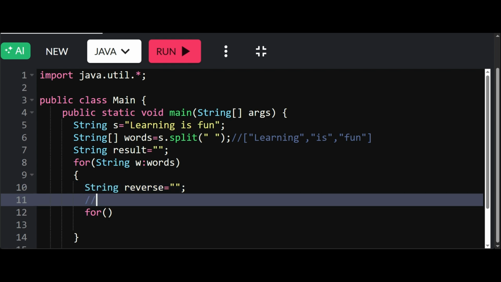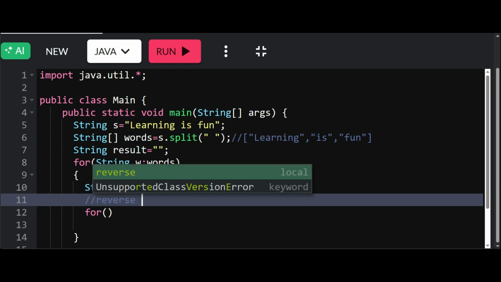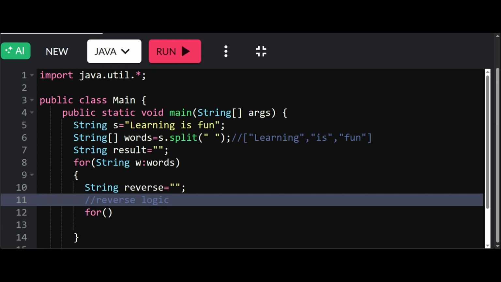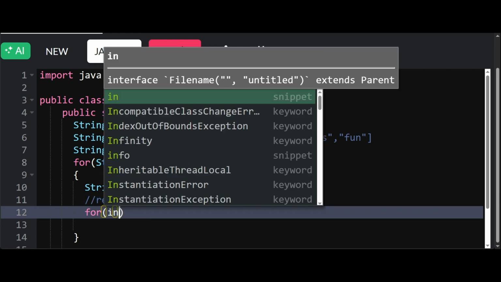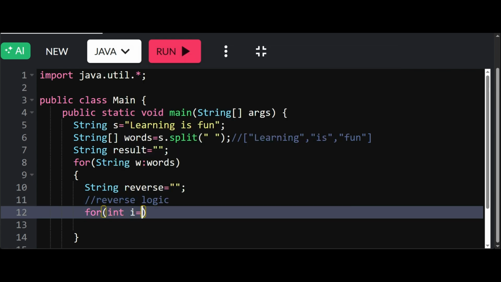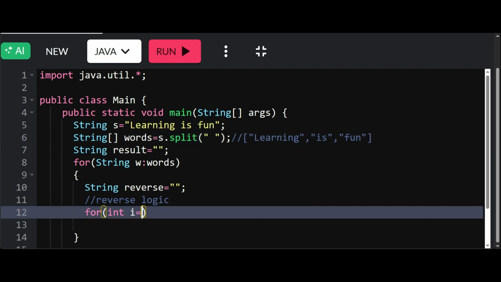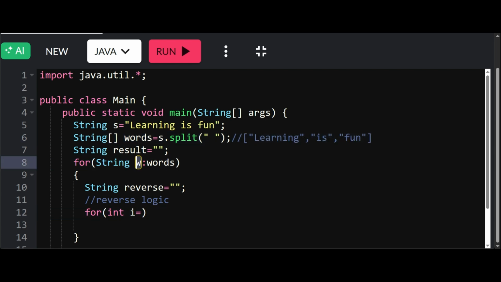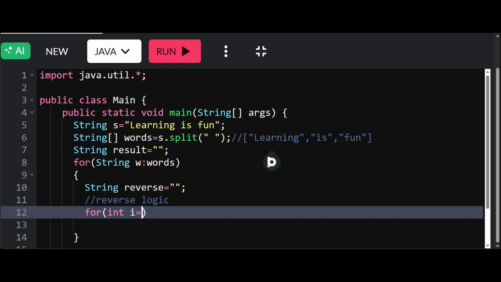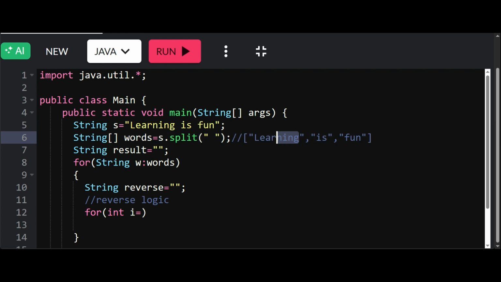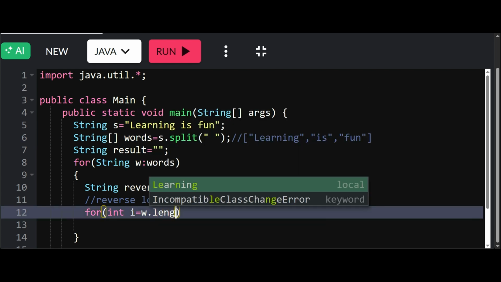Here we are writing the reverse logic. Inside this, I am going to reverse each word, each string inside this array. So we need to give the length of this string. Okay, so we're doing w.length